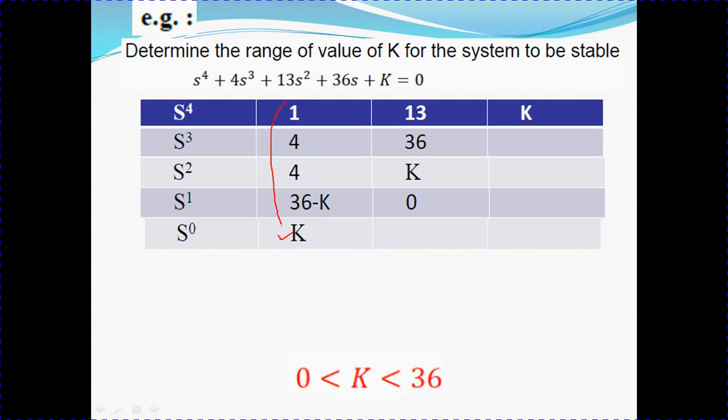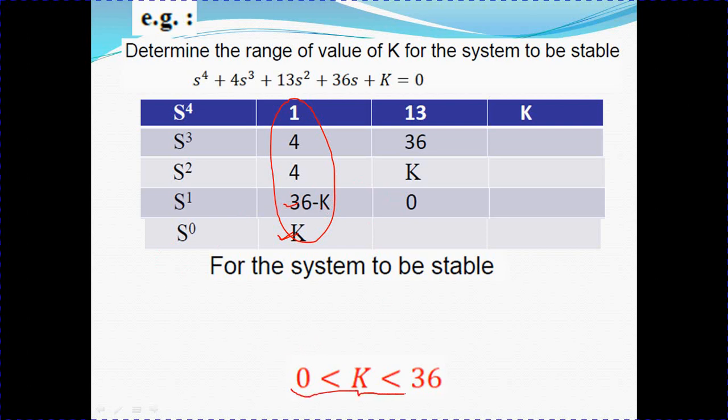So here in the first column all the terms should be greater than or equal to 0. So now, by that condition, for a stable system, first k should be greater than 0. That will be our first value of k. Okay, similarly now we can see here, from the s to the power 1 row, 36 minus k should be greater than 0, or k should be less than 36. Okay, so now for this range from 0 to 36, this system is going to be stable,